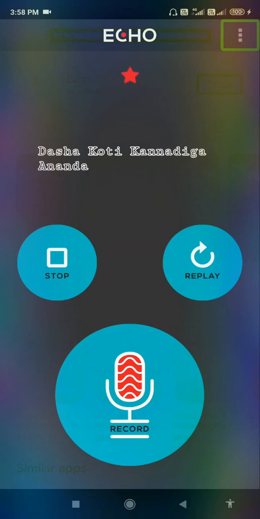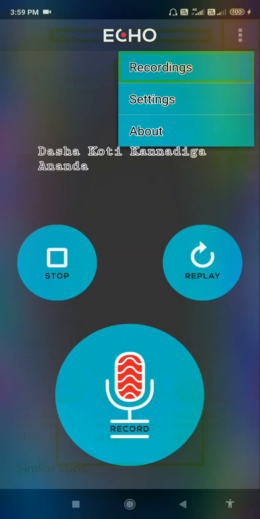There will be two options under the settings. You can set that before using this app. Once you install this app, go to settings. Let me quickly show you the important features in the settings after this navigation. Yes, let me swipe again from left to right. Save button, stop button, replay button, record button. Echo logo, more options button. Yes friends, we have reached back to the earlier place where we started our navigation. Let me go to the more options and see the different options.